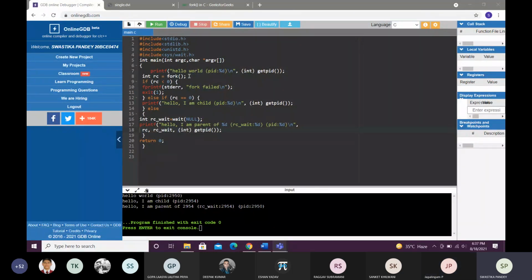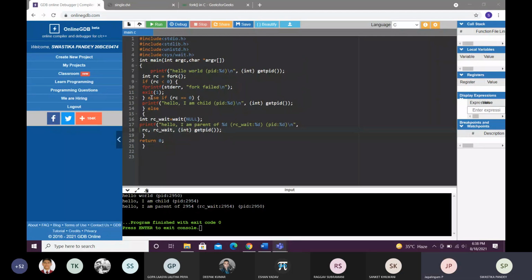Okay. So there's a main function where the execution starts, and the first printf is hello world. Then in line number 8, we create a child process, and rc stores the return value of the fork system call. If rc is less than 0, that means the fork system call has failed, and that is why we state an exit to stop the process.